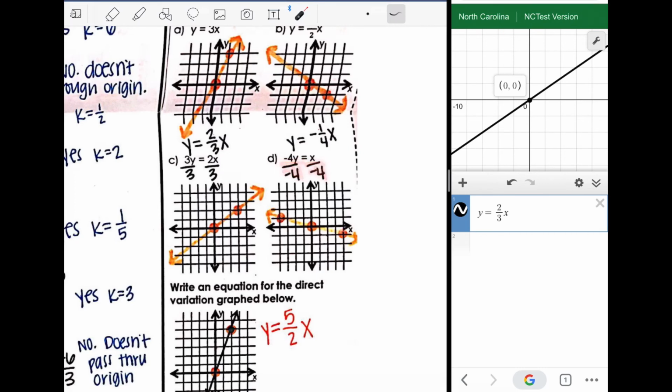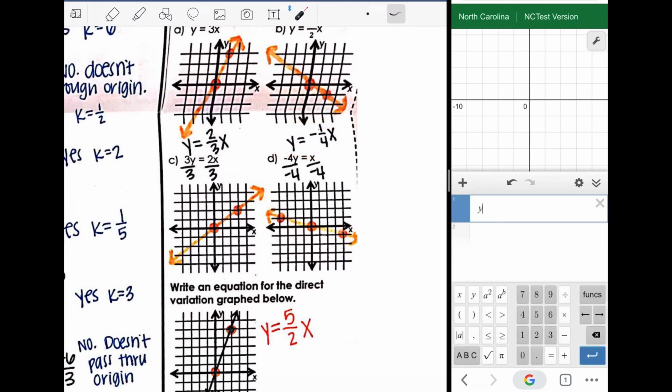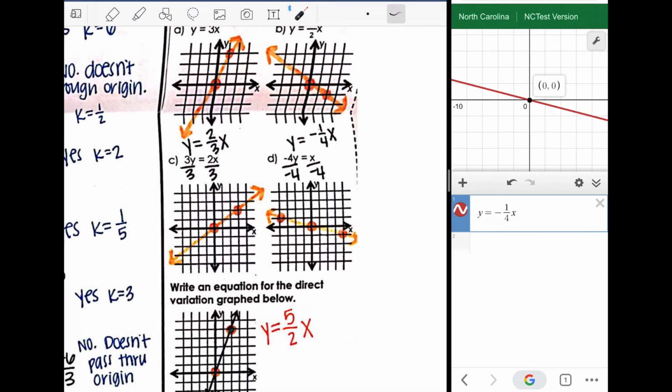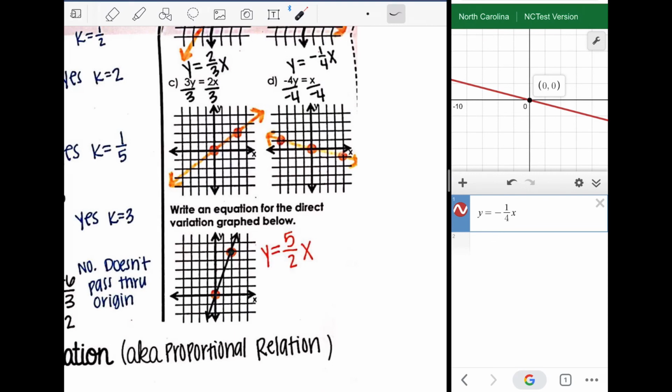And the same process for part D. Divide by -4. The equation is y equals -1/4 x. And that is a direct variation because it passes through the origin. All right, finally, in this last example, that one actually is the opposite direction. So we have the function already graphed and we wanted to know the equation. So really all you have to do is find out, we know that it's got to be y equals kx,